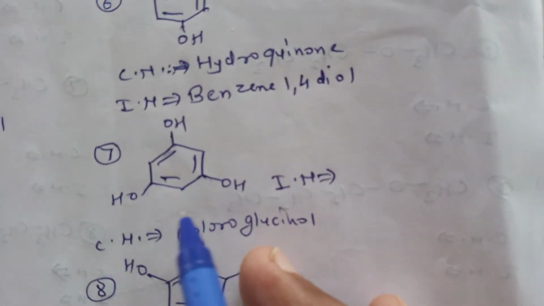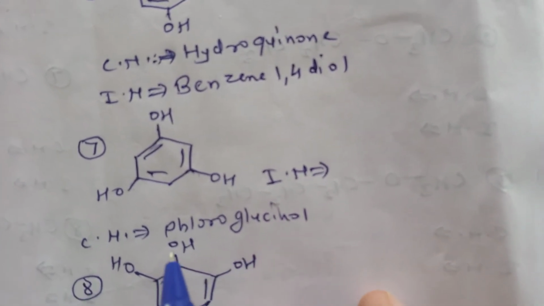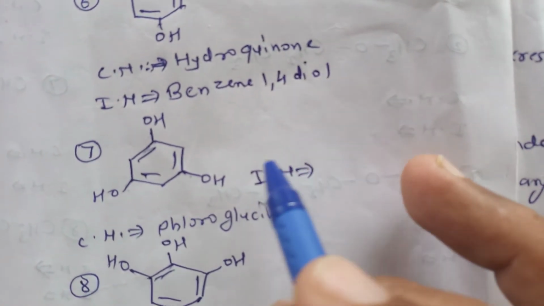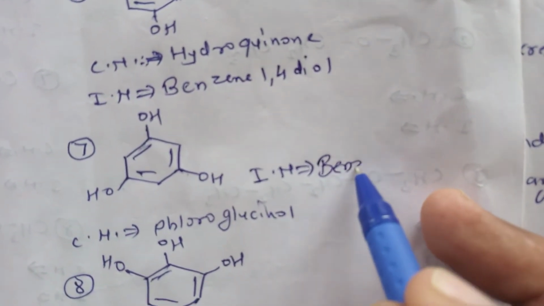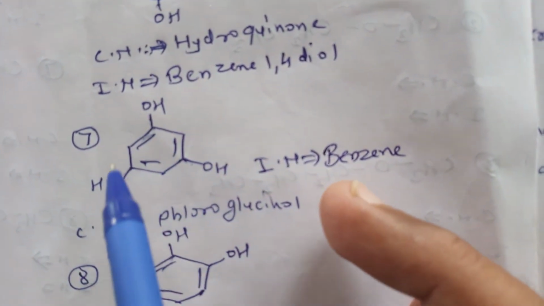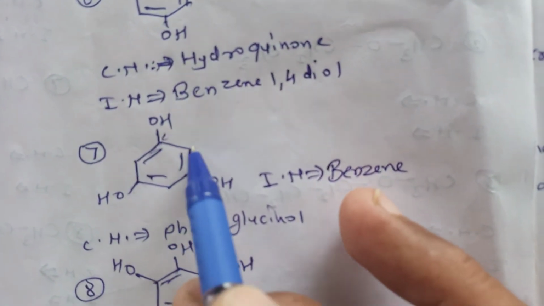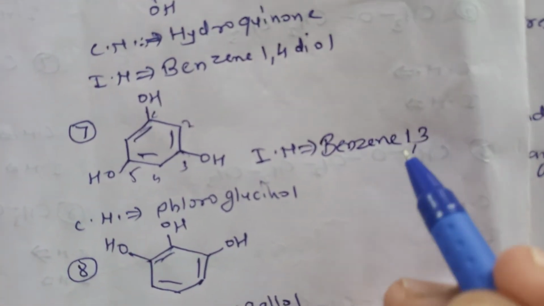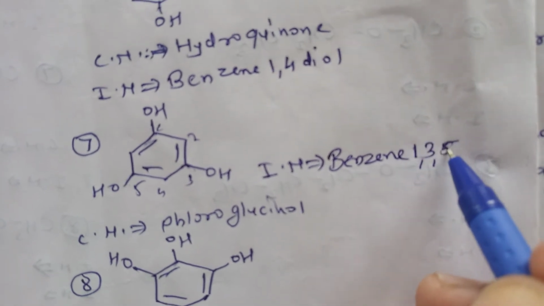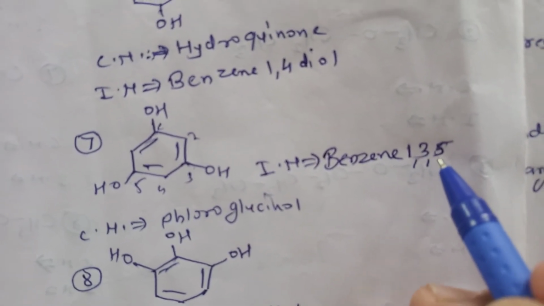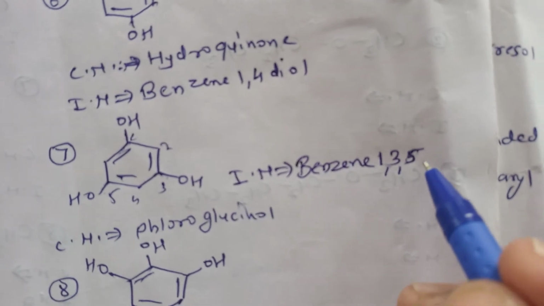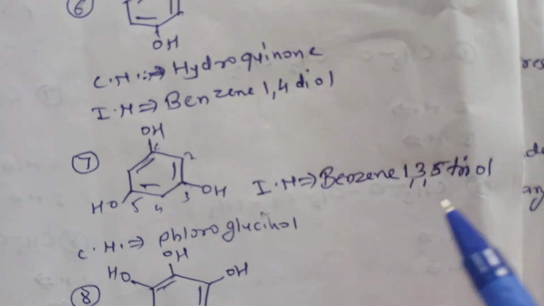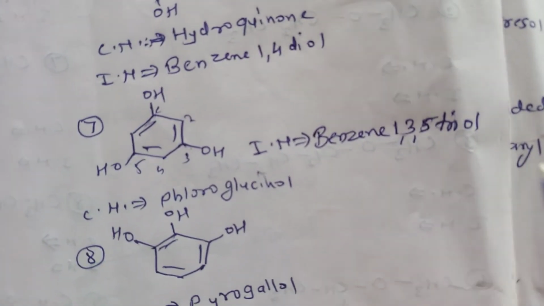Now the next example is an example of a triol. 3 hydroxyl groups are attached to the benzene ring. The common name of the compound is phloroglucinol, and the IUPAC name is similar, benzene. Wherever we start the numbering, it will still be the same, so 1, 2, 3, 4 and 5. 1, 3, 5. Write down the locants 1, 3, 5. There are 3 substituents, so use the word tri, and for the hydroxyl group ol: benzene-1,3,5-triol.